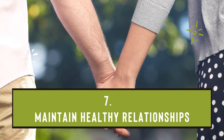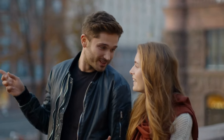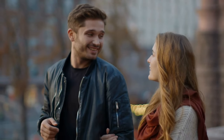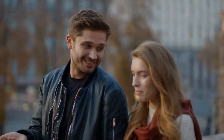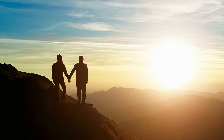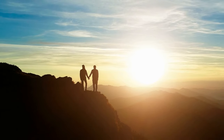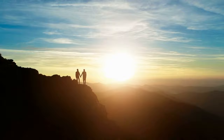7. Maintain healthy relationships. Relationships can either build you or break you, especially those that you cannot easily get out or change, such as family or in marriage. Stable, compassionate, and loving relationships have been shown to facilitate cortisol normalcy after an argument. Also, support from a loved one before facing a stressful situation may help lower stress-induced markers like increased blood pressure